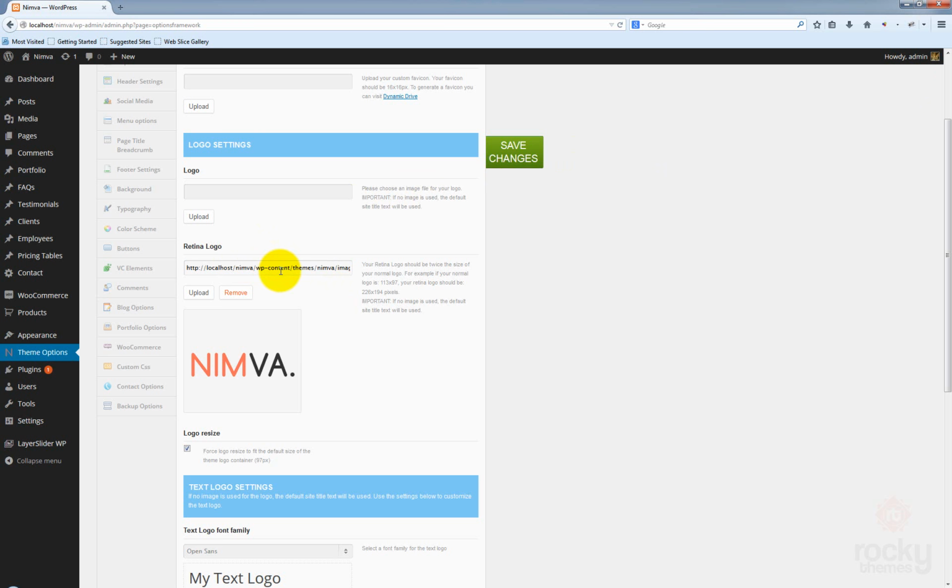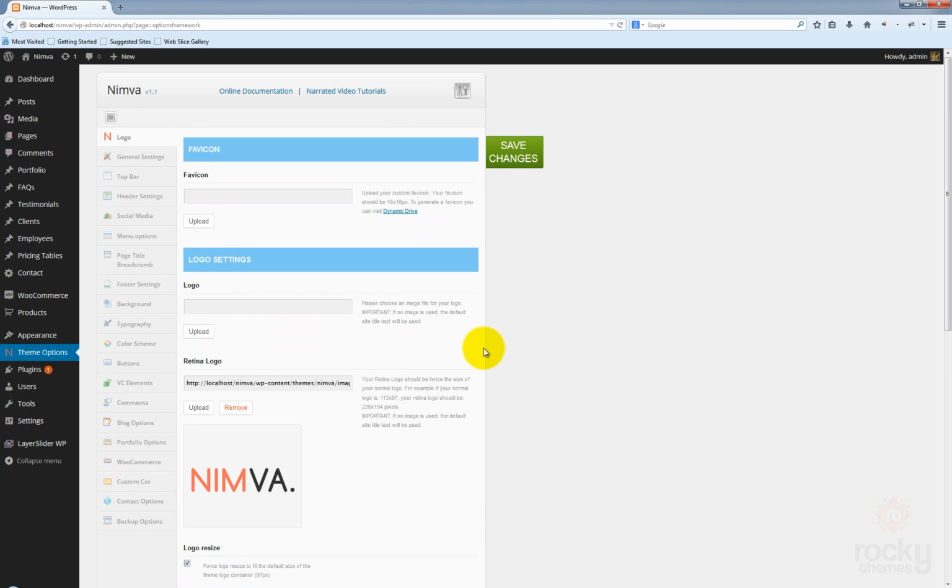Remember that Nimva is Retina ready. This means that you also have to upload the Retina logo for your site, and this is normally just your logo, but it should have twice the size of your normal logo. So you can see here an informational message telling you that, for example, if your normal logo is 113 by 97 pixels, your Retina logo should be twice that size. Okay,